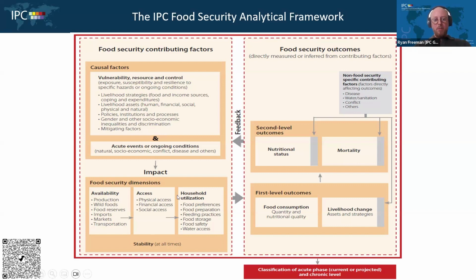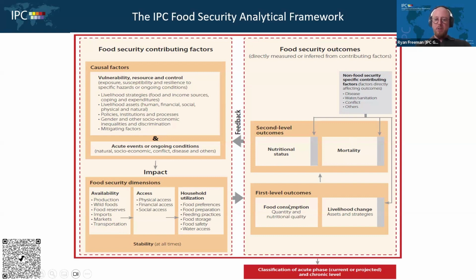But when we move over from the impact and we start talking about the outcomes, we want to know about the impact on the available food, the access to those foods and the use of those food resources. And what does it relate to? What is the outcome of all of that impact on a household or an individual? And these are where we have very specific outcome indicators to help us assess these changes, whether positive or negative.